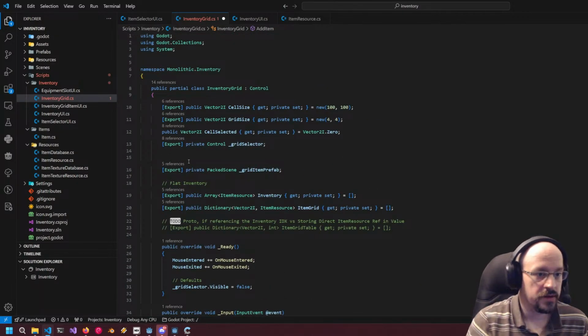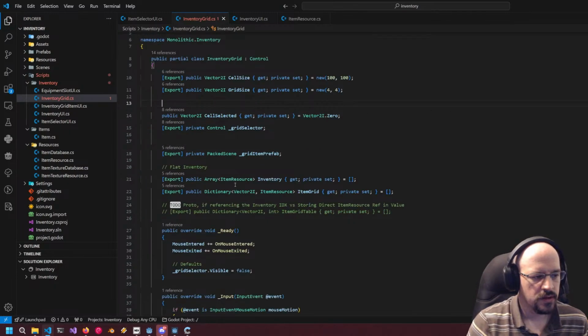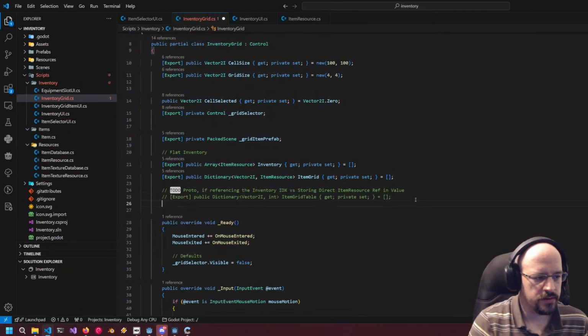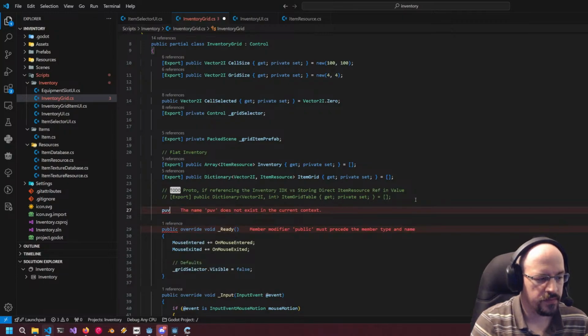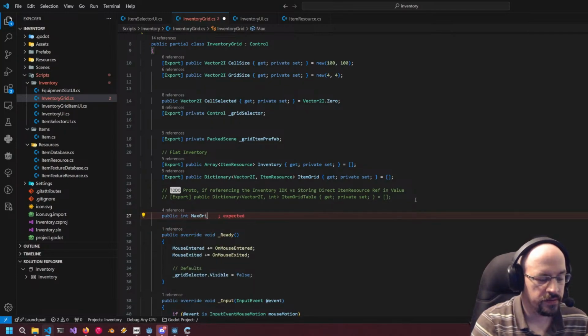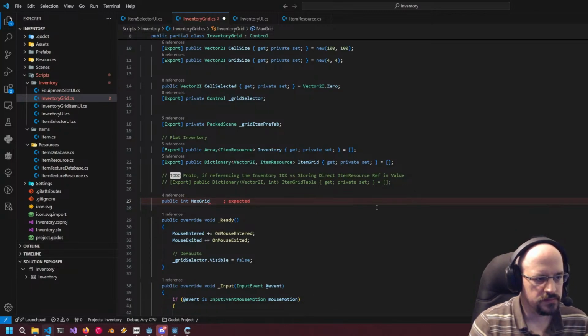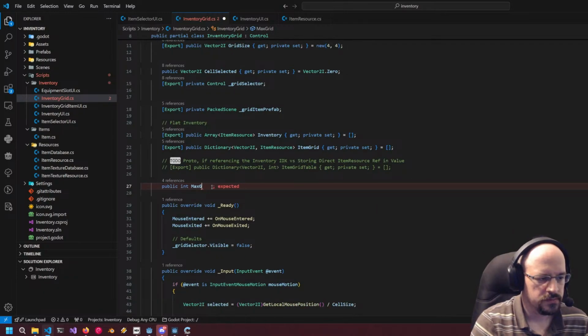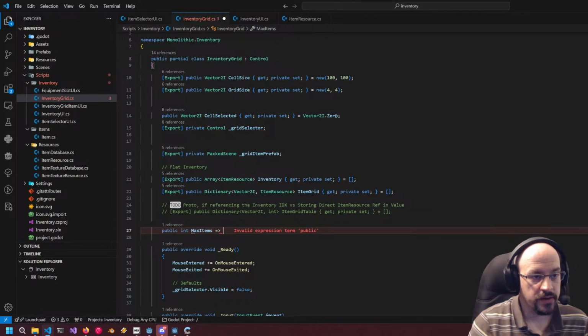All we can do is grid size, and then we could actually just do public int max grid items, and let's actually return